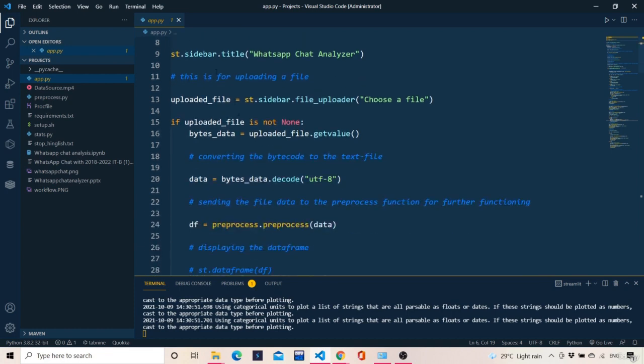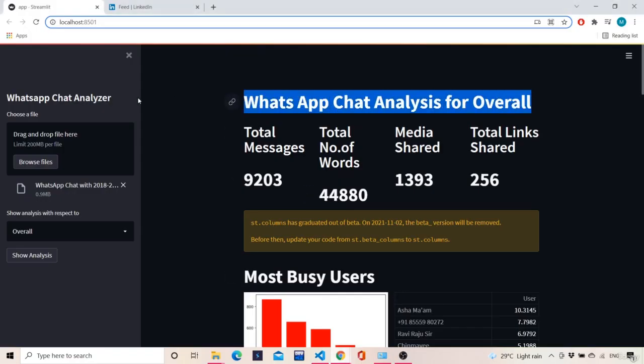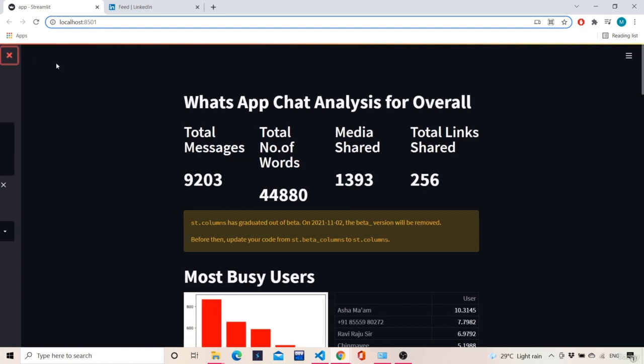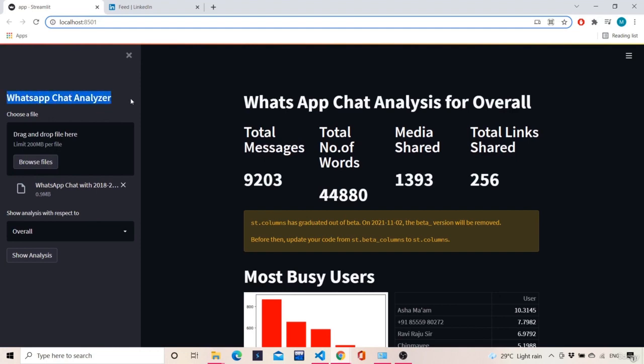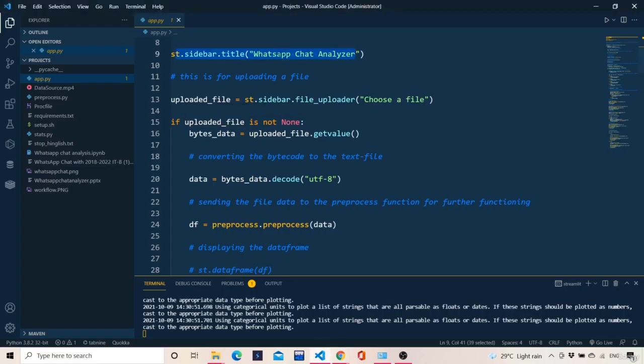Once all the dependencies are imported, then we will say st.sidebar.title. We can see the title over here. This is nothing but our sidebar, right? This is our sidebar, and the title of the sidebar is WhatsApp chat analyzer, right? So st.sidebar.title. Then uploaded file is equal to